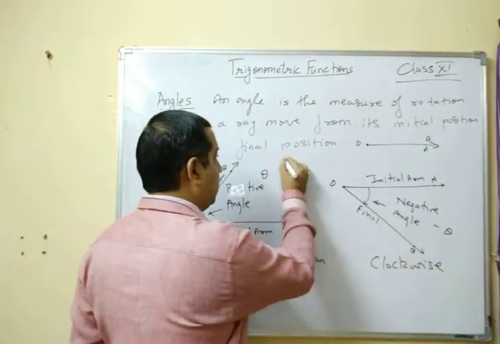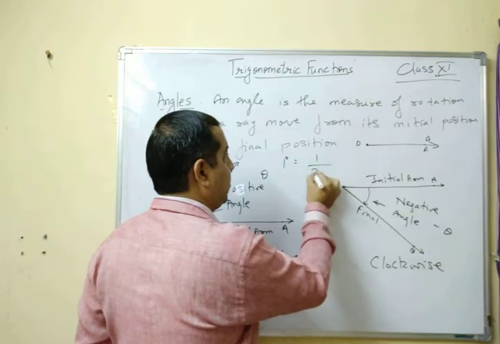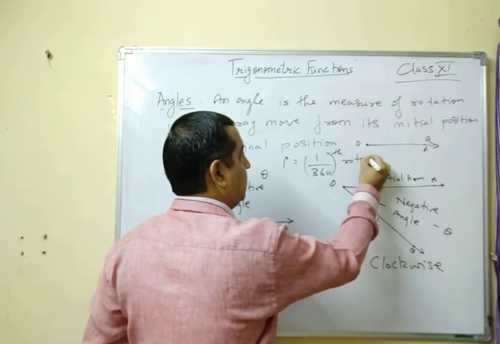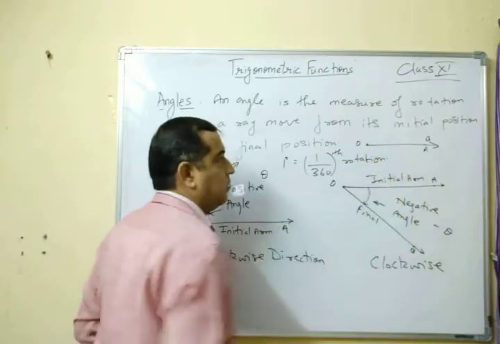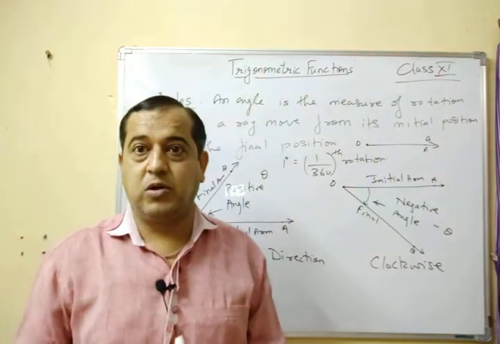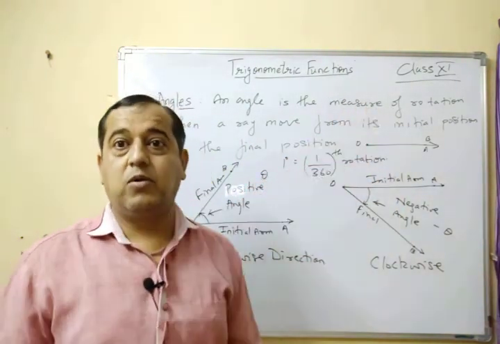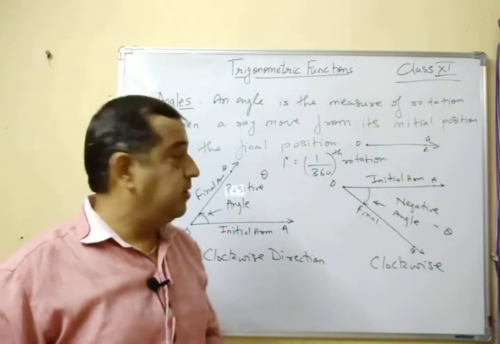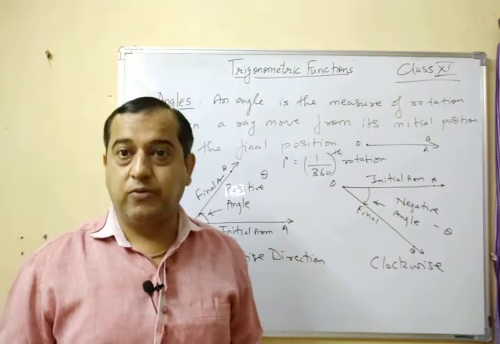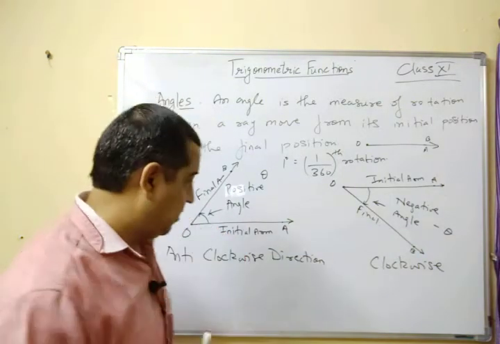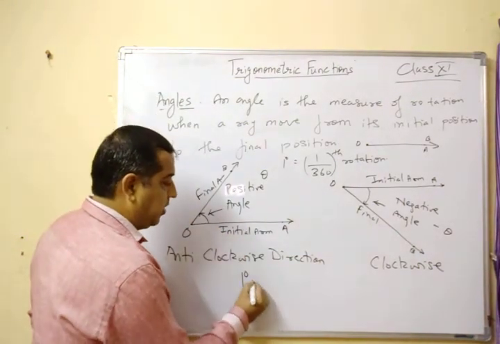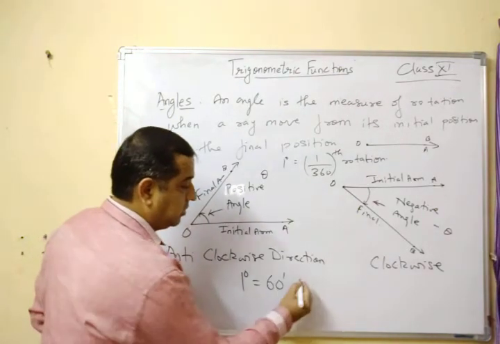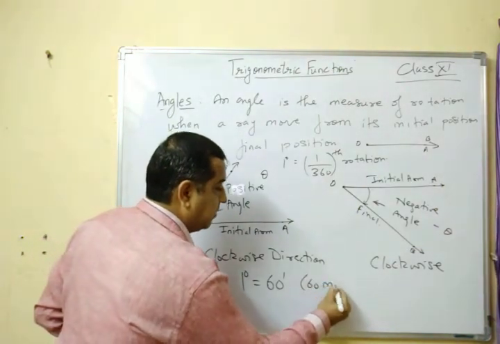Okay, what is 1 degree? It is the 1/360th rotation, because the complete rotation is divided into 360 parts, meaning 360 degree. So 1 degree will be the 1/360th part of that. Again, as far as degree is concerned, 1 degree is equal to 60 minutes. This notation is for minutes.